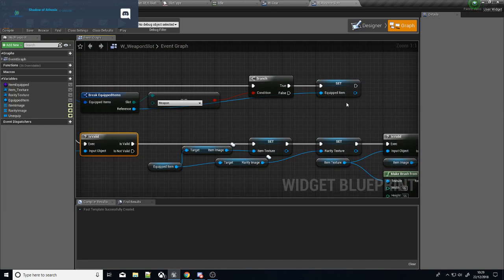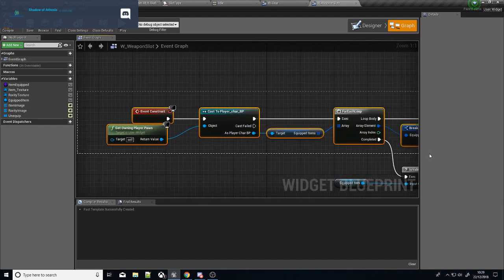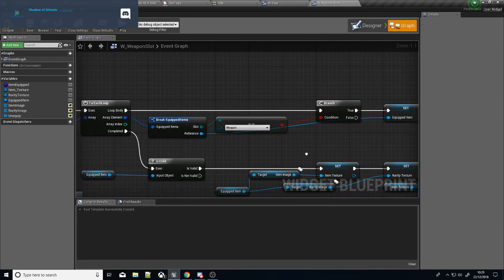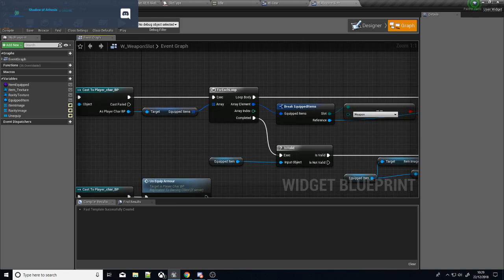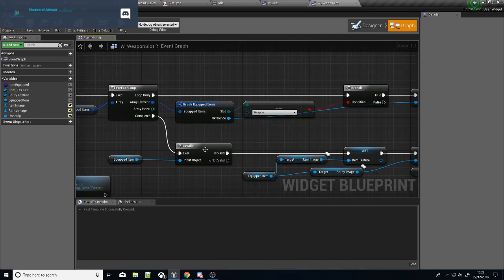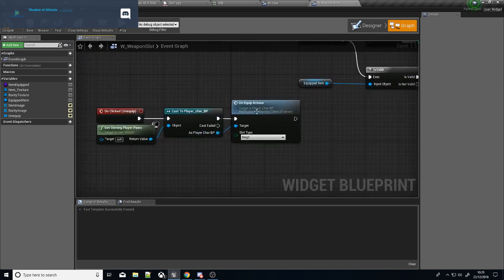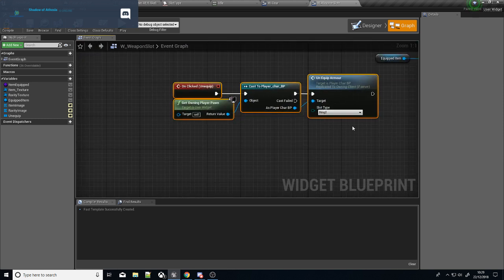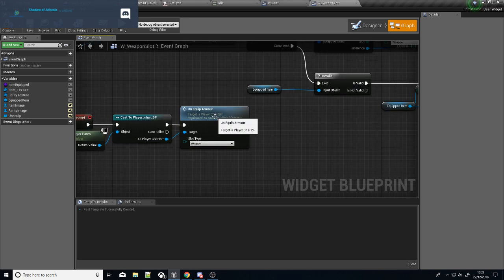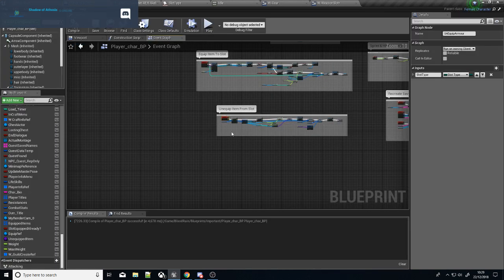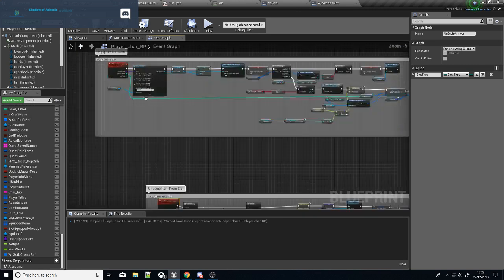However, this is on construction, so we get the image of the item, I suppose, if we have one already equipped, that is weapon. And then obviously on unequip, we will fire the unequip stuff from here. Although we're going to change some of this, so now